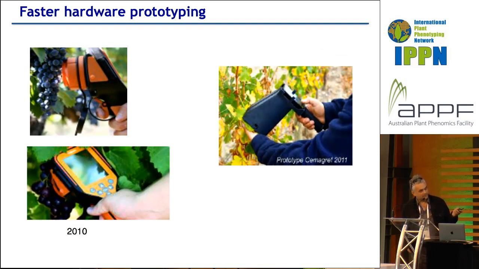Faster hardware prototyping. I like this example. This is from colleagues in Montpellier. On the left, they designed a camera to measure the sugar concentration in leaf. And you can imagine all the effort that has been paid to have this electronic made, so a low series, I imagine, and only 1 year after, you could do it with smartphones, only had to do the 3D printing to prevent light from coming on the sensor and developing application, as it was nicely illustrated by Mark before.